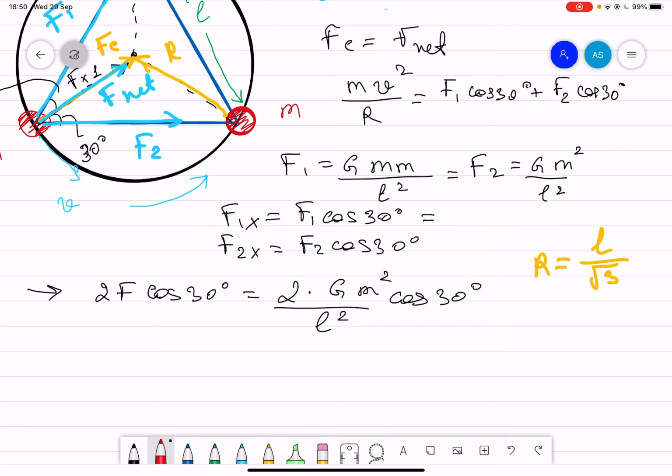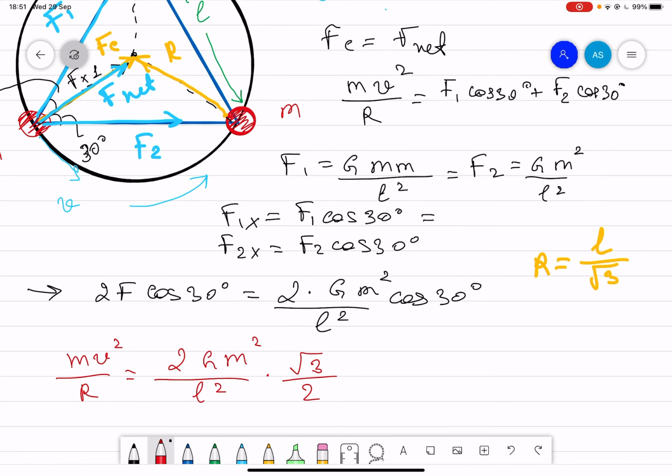Our F centripetal, m v squared over r, is equal to 2 G M squared divided by L squared times cosine 30. Now the cosine 30 is equal to what? If you look at the table, cosine 30 is equal to square root of 3